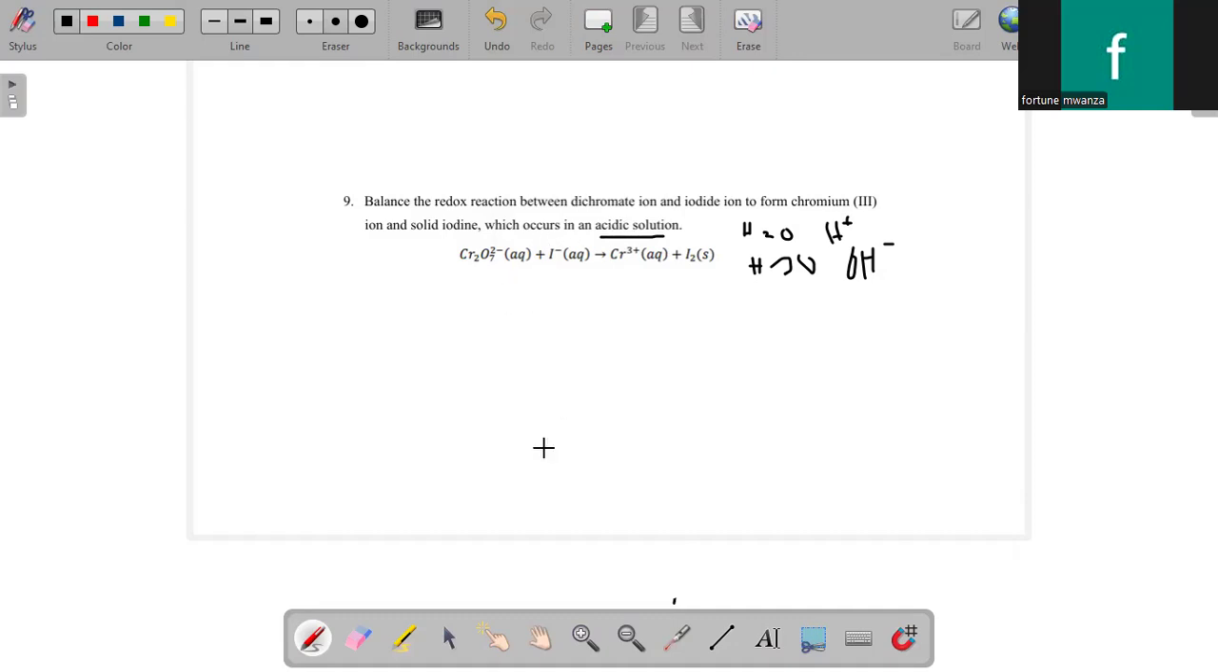Whenever you are balancing a redox reaction, the first thing you do is to come up with the half reactions. One is going to be the reduction half reaction, the other one is going to be the oxidation half reaction. So I'll write the two reactions here, on the other side and the other side, so that I separate the two half reactions. So I have my dichromate there, with the overall charge of -2. You have 7 oxygen there. Then in aqueous solution,